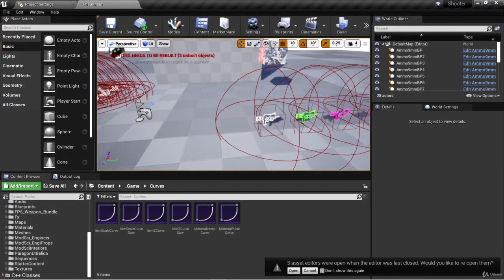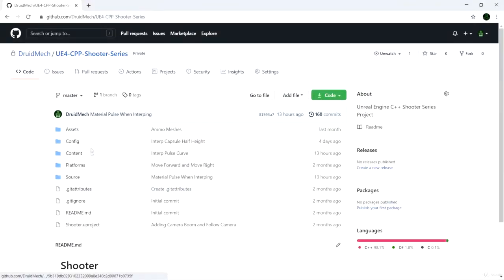Hello and welcome back. Now in this section we're going to create an inventory system. And so to start off we're going to create a widget for an inventory weapon slot. Now you should have already downloaded this, but if you haven't you're going to need to go to